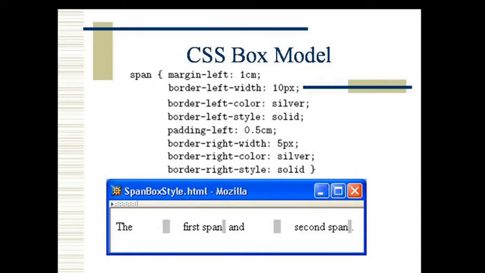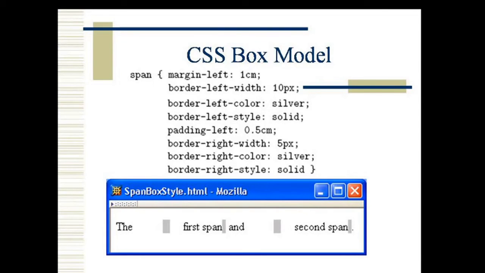Now, how can you provide all this in a span? A span is just like a division. It specifies a particular area inside an HTML document. So what will you do with this span? First of all, with the opening curly brace, you provide the margin left to be 1 centimeter, border left width to be 10 pixels, border left color to be silver.